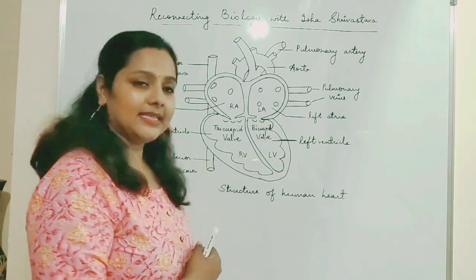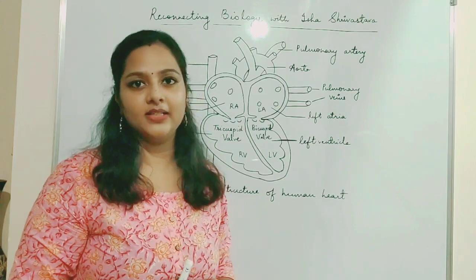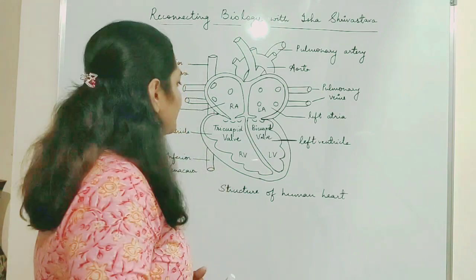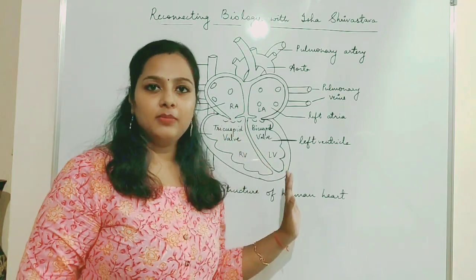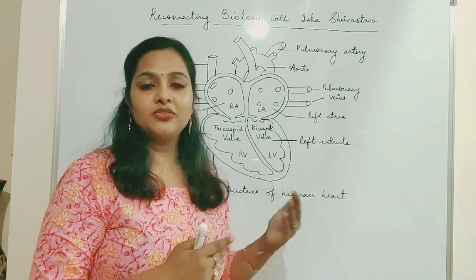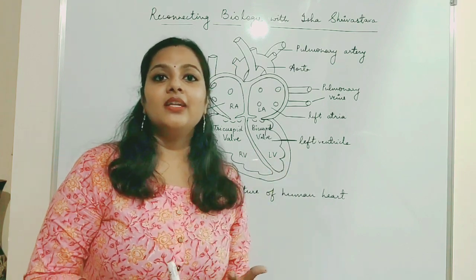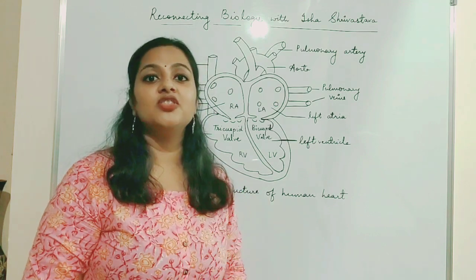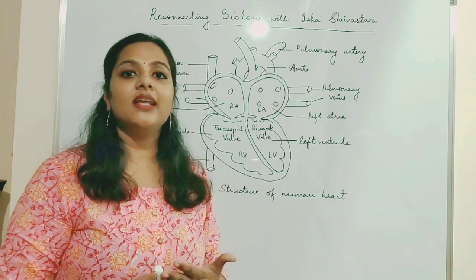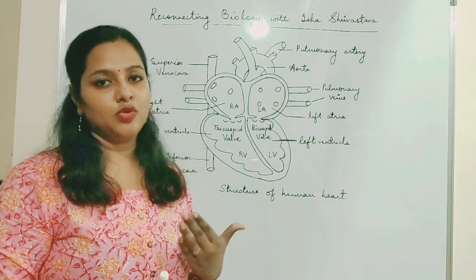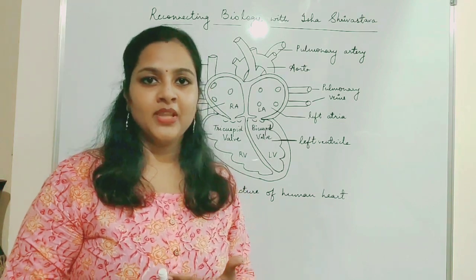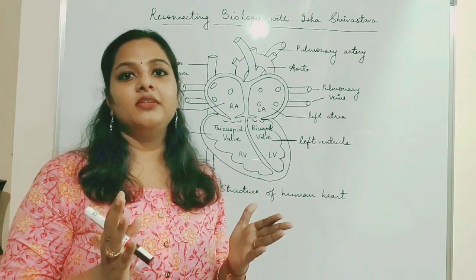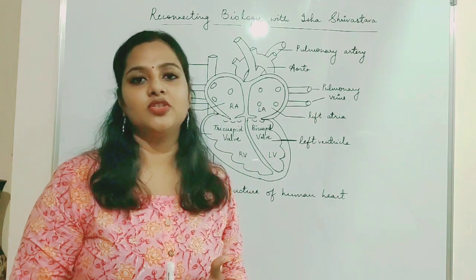Okay. So let's get started with the actual flow of blood into the heart and then away from the heart. The deoxygenated blood and the oxygenated blood. How do you define these two terms? The blood that contains more oxygen and less carbon dioxide is said to be oxygenated blood, while the blood that has more carbon dioxide and less oxygen is called deoxygenated blood. We don't call it purified or impure blood. We call it in terms of oxygenation, oxygenated or deoxygenated blood.